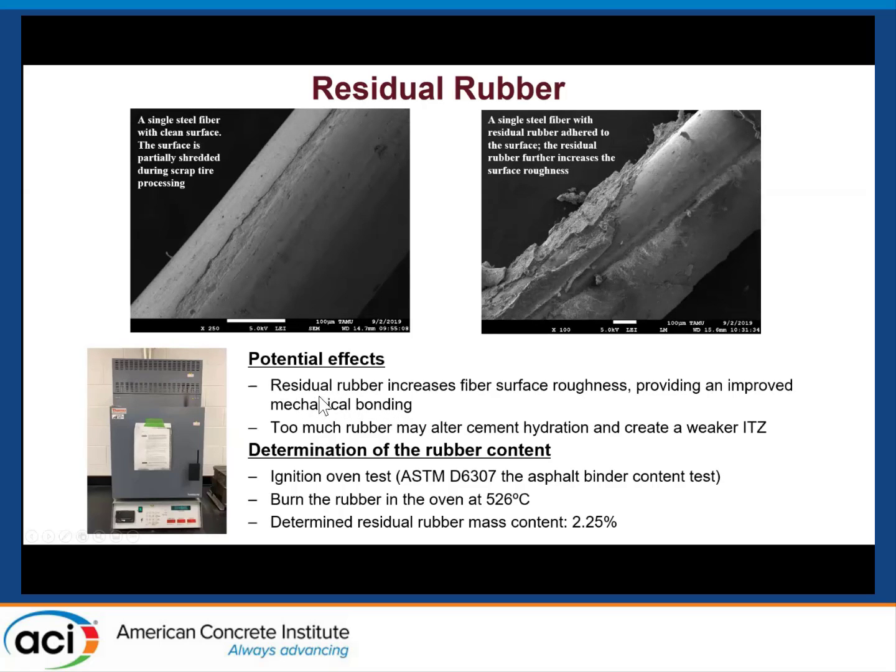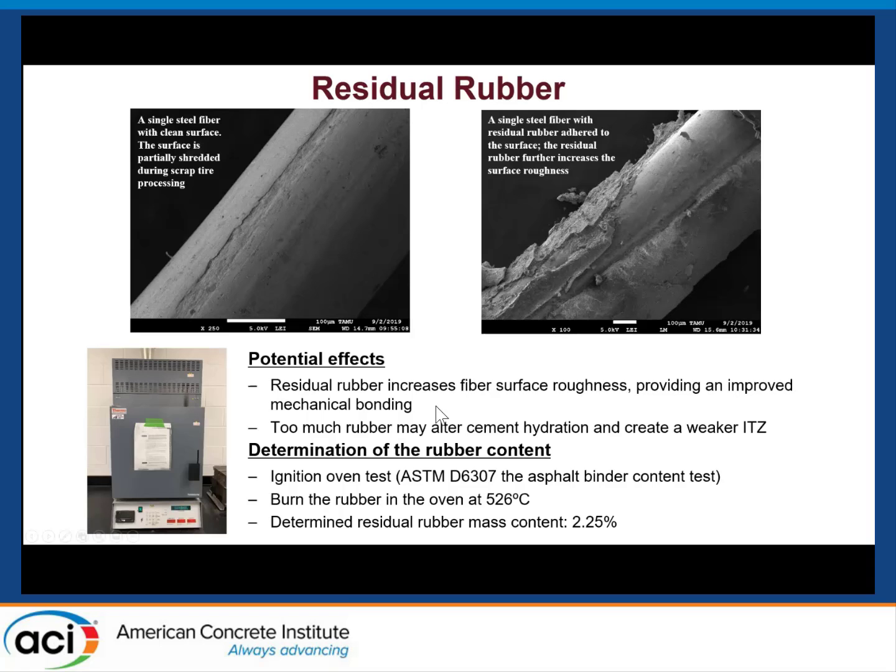On the one hand, the residual rubber increases fiber surface roughness, which can provide an improved mechanical bonding between the fibers and the cement matrix. But on the other hand, if we have too much rubber in the system, then the rubber may alter cement hydration and create a very weak ITZ. Therefore, we determine the fiber content in our lab, and we use an ignition oven test by following a similar standard